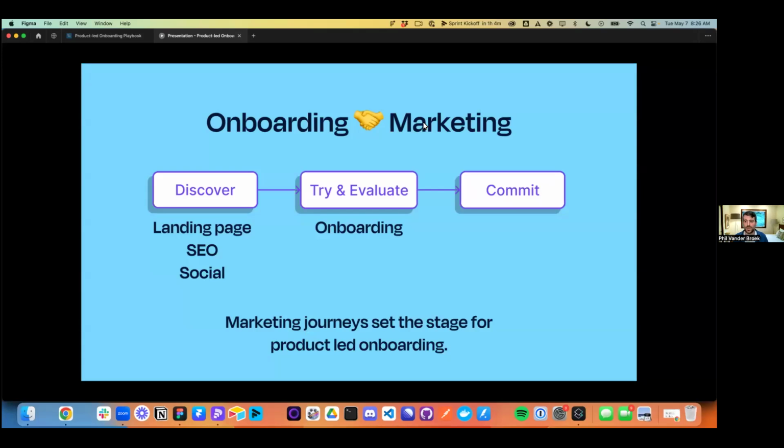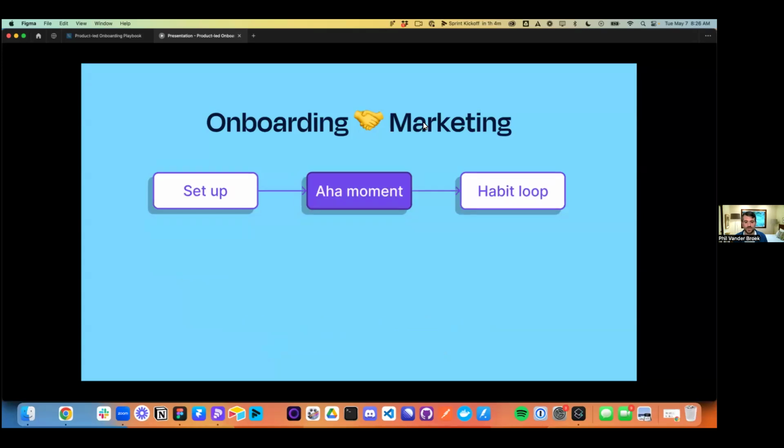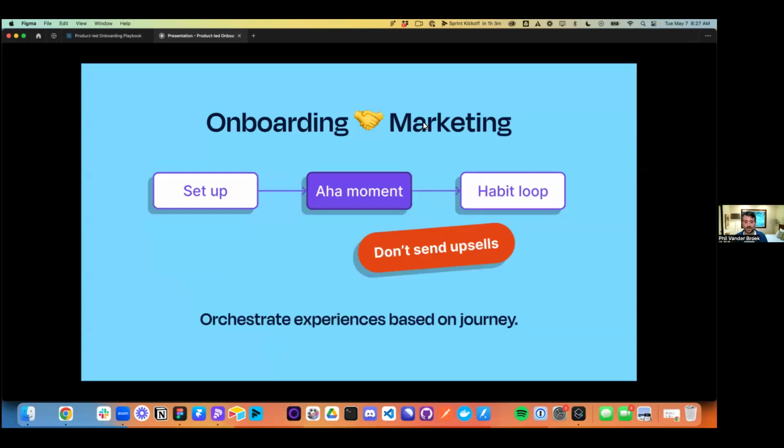So you can know that as a user discovers your product, that's going to set the stage for how you want to onboard them. So it's really important to work with marketing counterparts. Furthermore, when you think about a user's journey, you can think about how to orchestrate it. If a user has not yet realized the value that they're there to